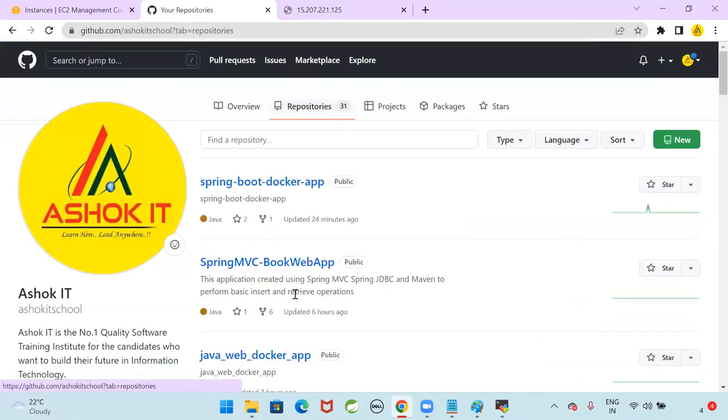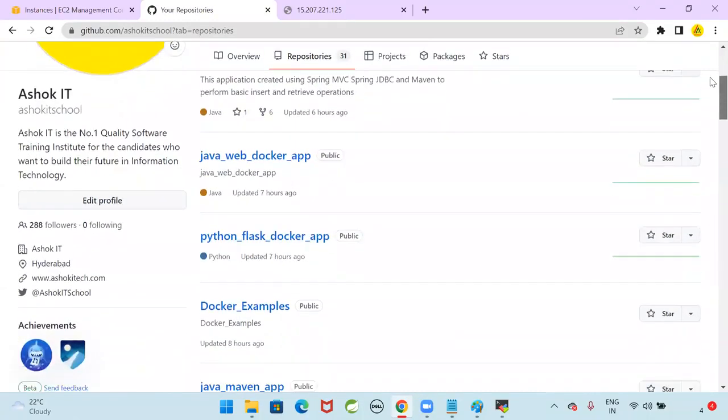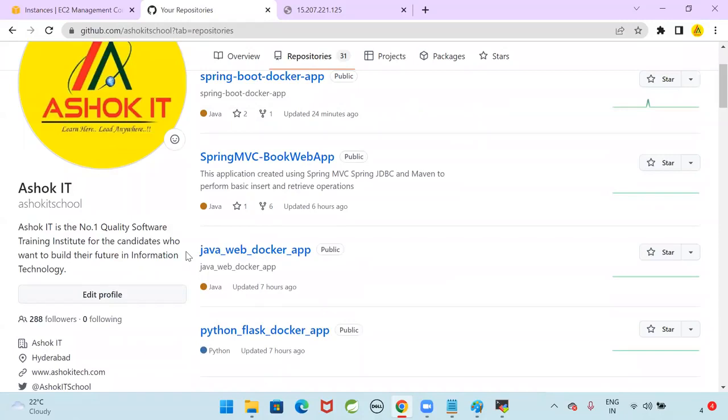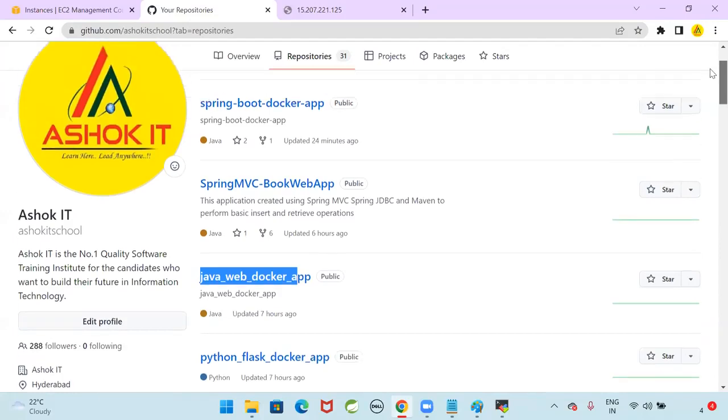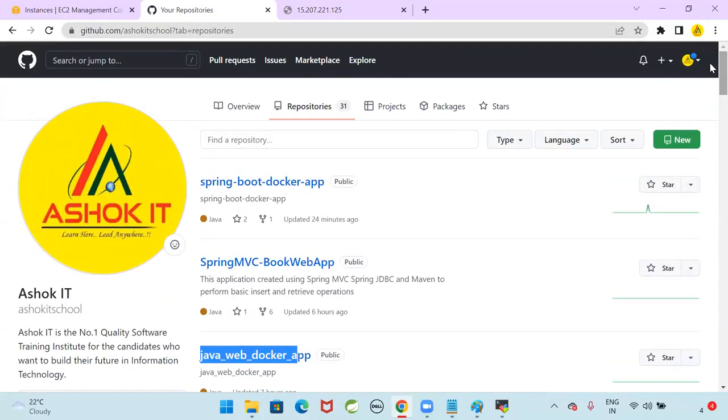Tomorrow we will talk about how to do the Dockerization for Spring Web MVC. Today we have seen Dockerization for Spring Boot. We will see the Dockerization for Python applications, for Java, and for Node.js also tomorrow. Once these are completed, Dockerization is completed for different applications like Node.js, Python, and